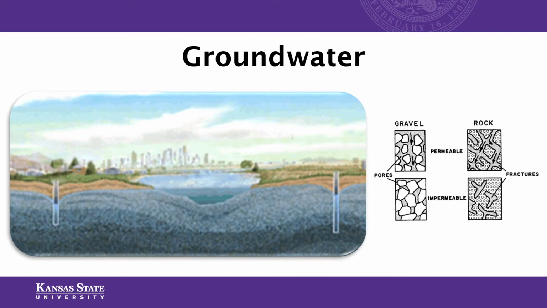And this exists consistently in many places around the world. In areas where there is quite a bit of space in the underground rocks, more water accumulates, and that water can flow a lot more easily. So those types of regions tend to hold a lot more water, and they're referred to as groundwater aquifers. So an aquifer is a type of groundwater, but not all groundwater is an aquifer, if that makes sense.